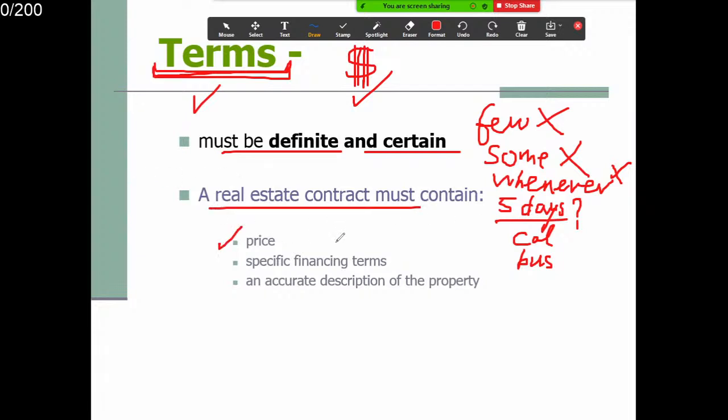So a real estate contract must contain what? The price, obviously. The specific financing term, 你怎么去付款. An accurate description of the property. 你的房楼是什么？你买什么房楼？这个必须要写下来的。